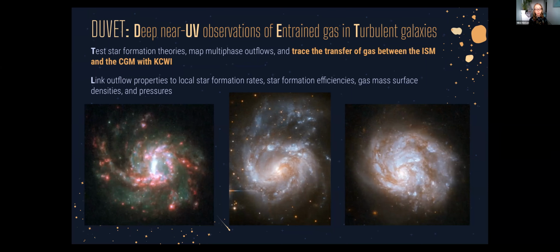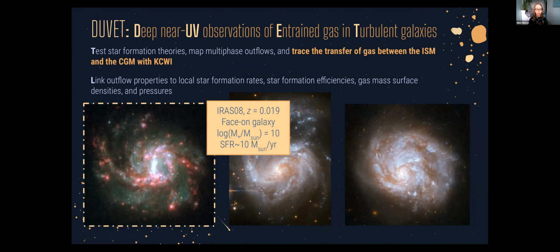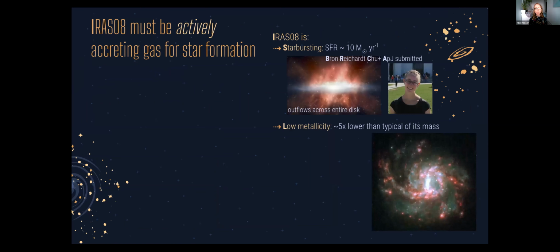It's really interesting stuff. But today I'm going to focus on our pilot galaxy, which is RS-08, and it's at a redshift of 0.02, so it's very nearby. And it's a face-on galaxy, and it has a stellar mass of 10 to the 10 solar masses. So we know that RS-08 is starbursting. That's kind of the criterion for being included in the sample, but it has a star formation rate of 10